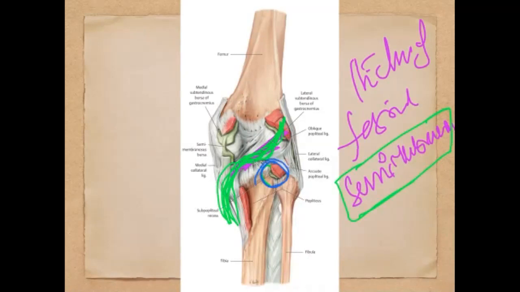This is the popliteal tendon. There is a subpopliteal recess because this is the joint cavity itself, the synovial membrane. And there is the arcuate popliteal ligament which supports posterolaterally. So the oblique popliteal ligament supports posteromedially, whereas